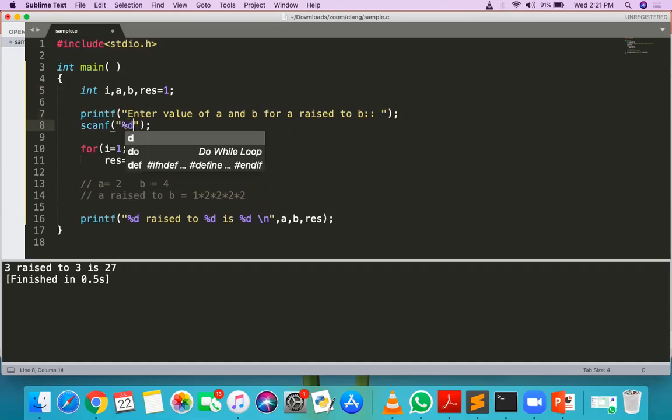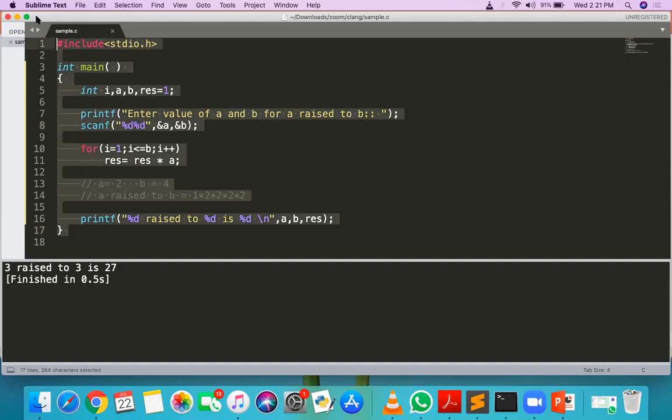So scanf function is %d, and then address of A, comma, address of B. So this is the whole program. But actually in my Sublime Text editor, the scanf user input is not working. So that's why I'm directly hardcoding that value.